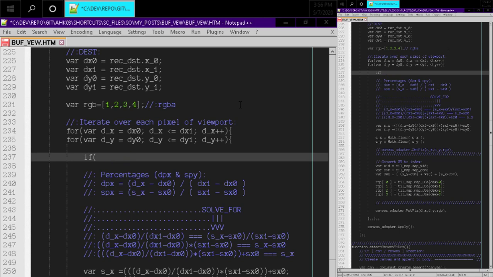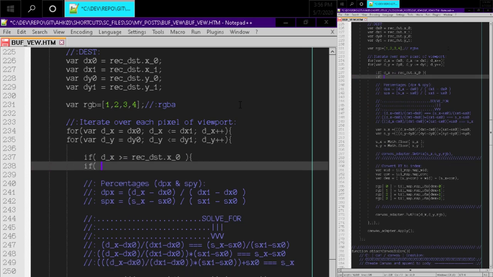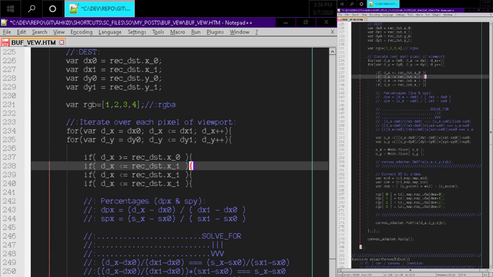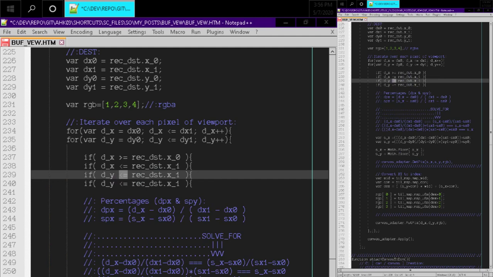Now let's just write it the way that makes sense. So if dx is greater than or equal to the lower bound, and then if dx is less than or equal to the upper bound, and then same thing with the y's. So dy, and then greater than blah, blah, blah,